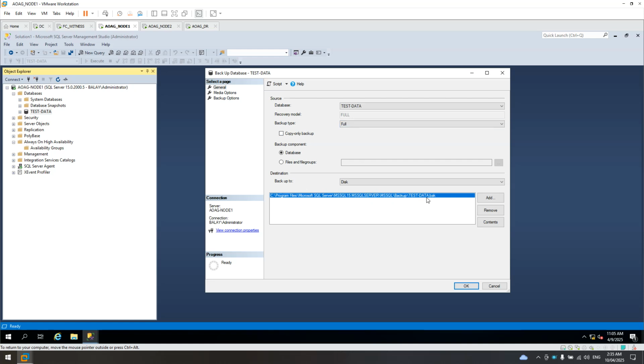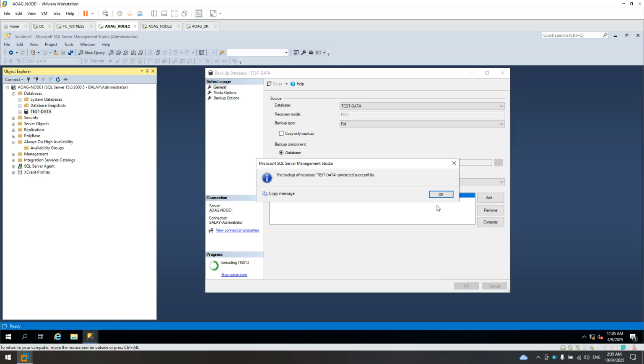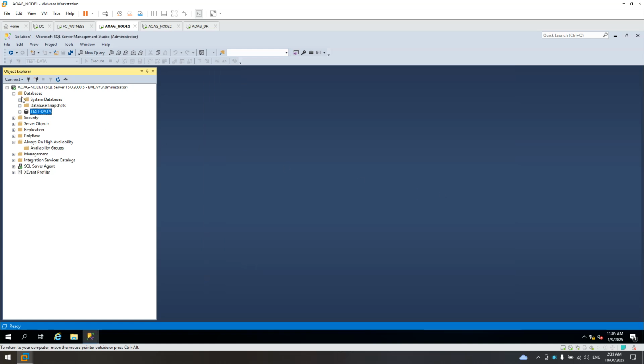Let's just leave this as is. You can remove and add the backup in a different location, but let's just use this existing predefined location. As long as it's a full backup. All done.